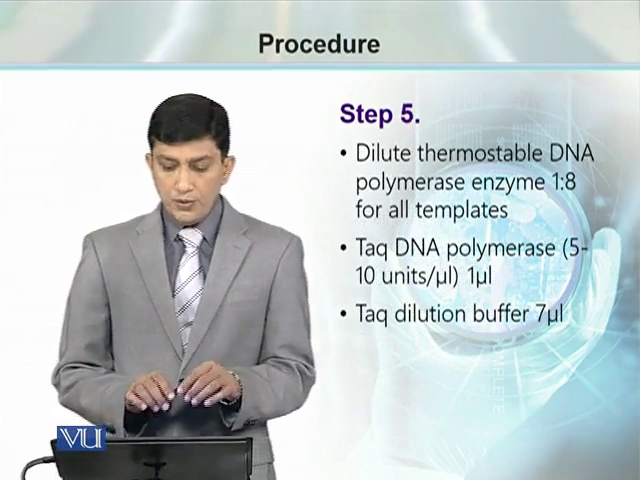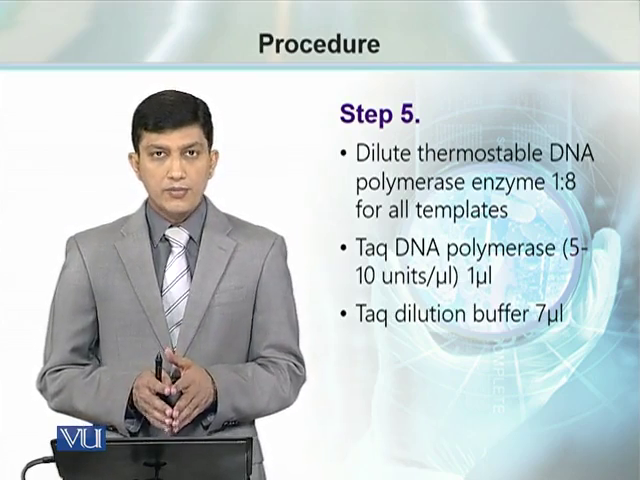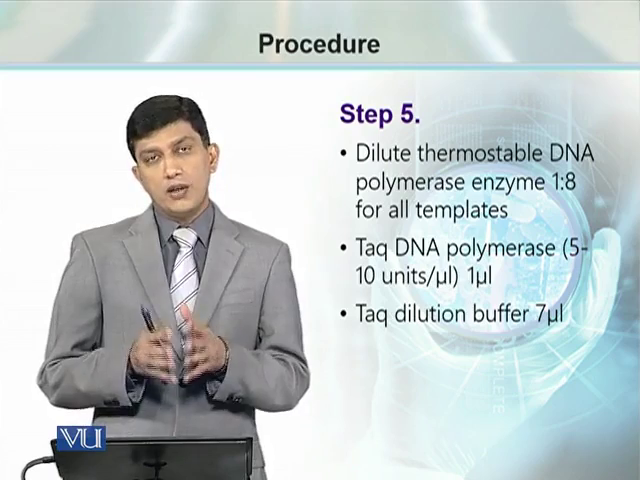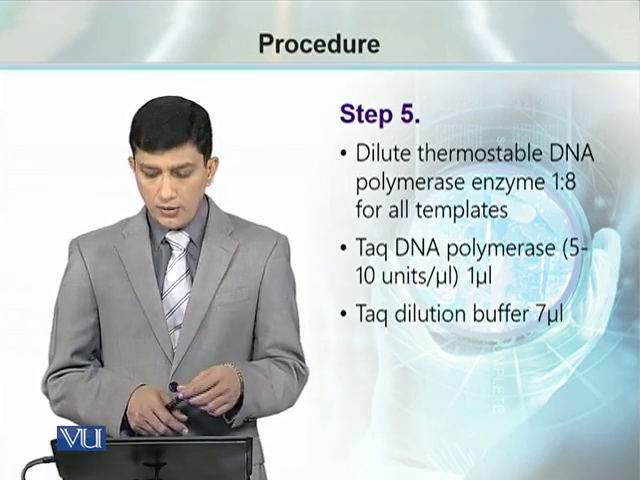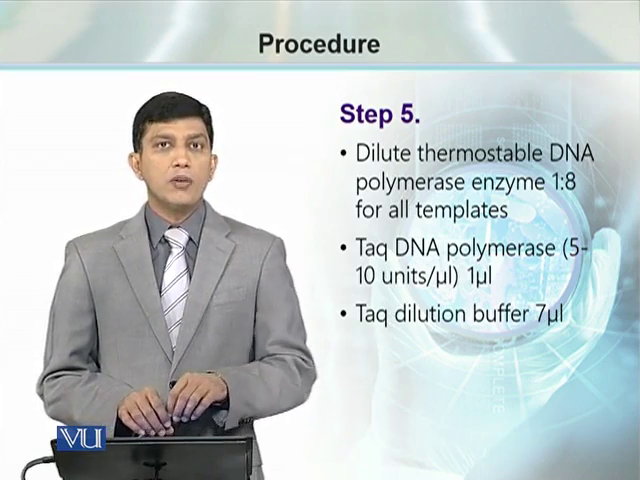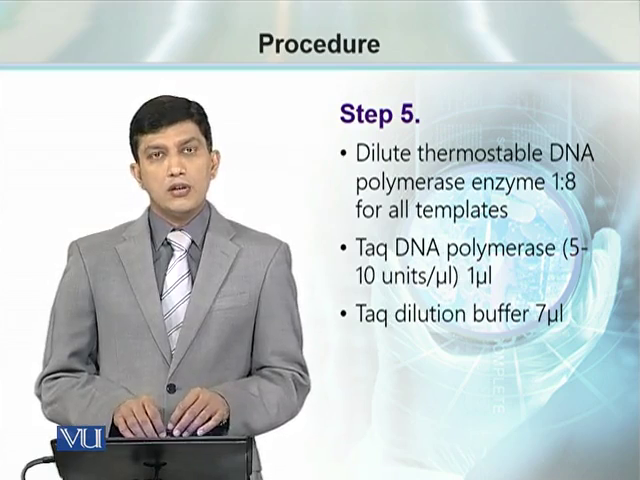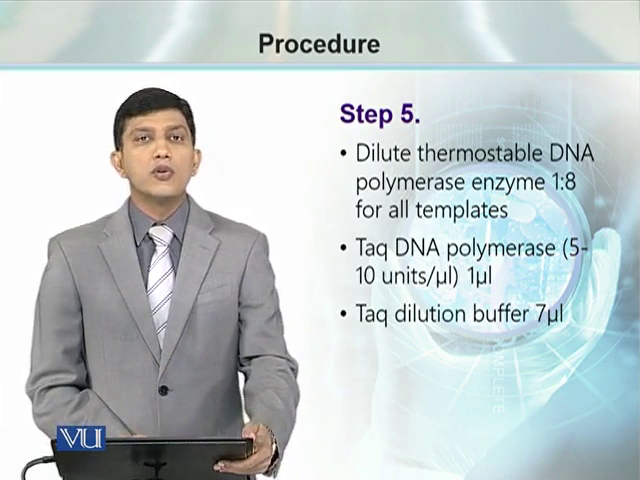Then we have to prepare the enzyme to be used for the sequencing reaction. Enzyme Taq polymerase is available in concentrated form. We have to dilute it using the dilution buffer. The ratio is going to be 1 to 7. That means 1 microliter or 1 part is going to be the enzyme and 7 parts is going to be